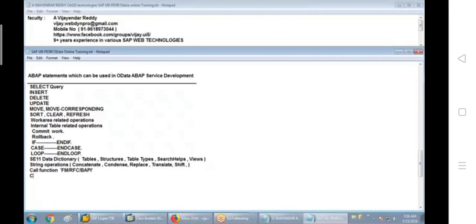And then we can also call methods of various classes. If required, you can also call the methods of various object-oriented ABAP classes. That is possible. And similarly,